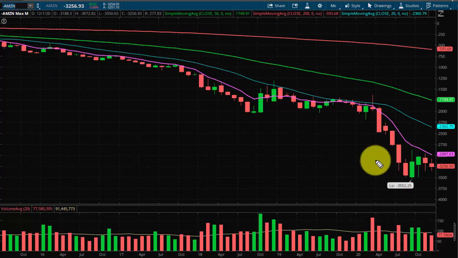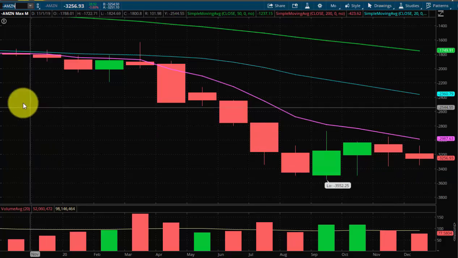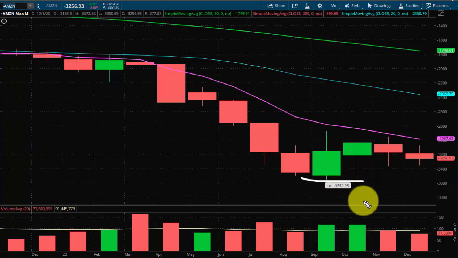So to me on Amazon, what this looks like is a flag, right? I don't think that's some kind of genius, unpopular opinion. I think everybody sees that. So by that line of logic, when we're flagging here, we're not just looking for a break of that last key level. We want to see constructive price action for these two recent candles.